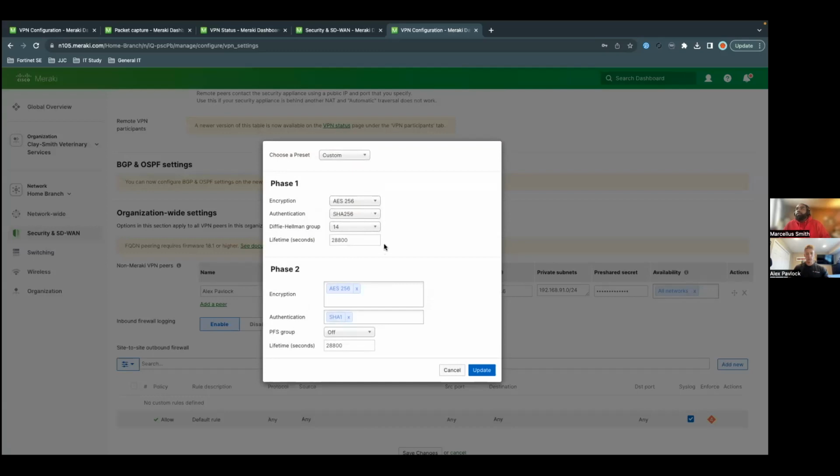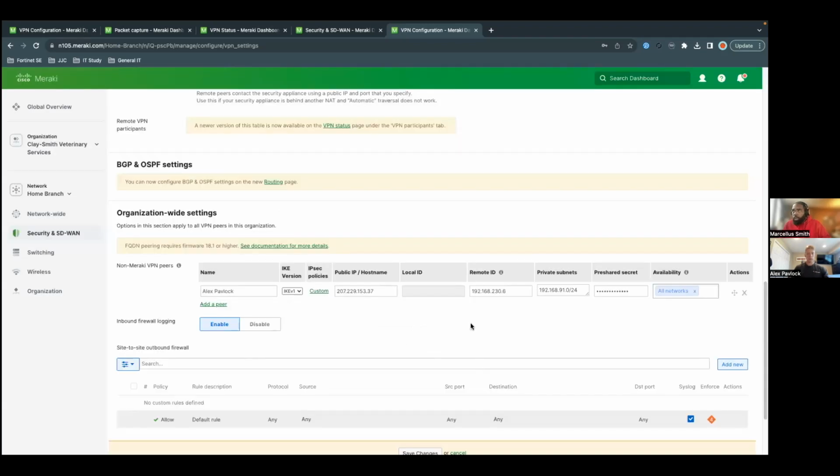For our configuration for phase 1, we're utilizing AES 256 with SHA-256 as our authentication, Diffie-Hellman Group 14, and a 28,800 second lifetime. Phase 2, we're using AES 256 for encryption and SHA-1 as our authentication, with PFS group turned off and also a 28,800 second lifetime. Local ID is off by default for IKE version 1. Can't configure that. Remote ID,